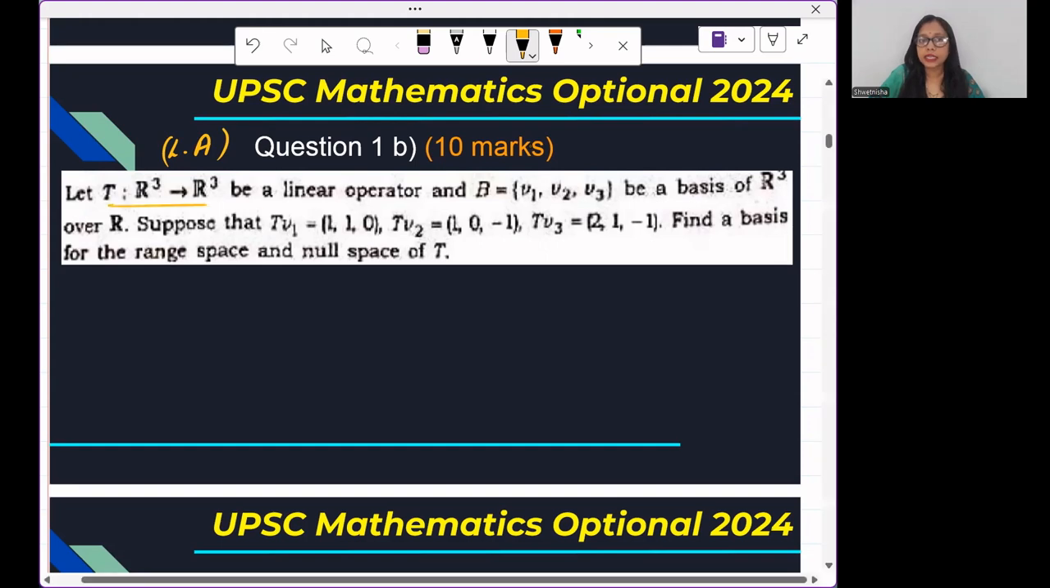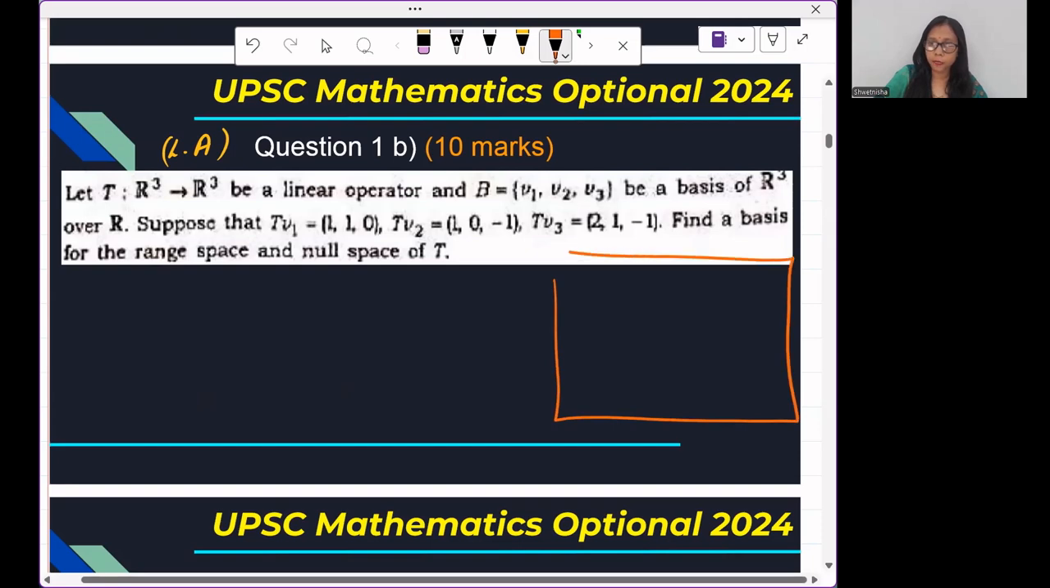Let T from R3 to R3 be a linear operator, and B = {V1, V2, V3} be a basis of R3. Please note that V1, V2, V3 are not given to us, but their images are given. I can take that to be the standard basis, but I have to talk in general because I have to talk in terms of V1, V2, and V3. All right, there is a result which says